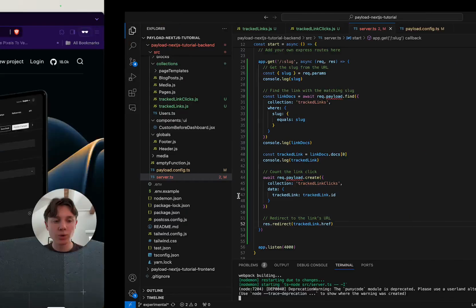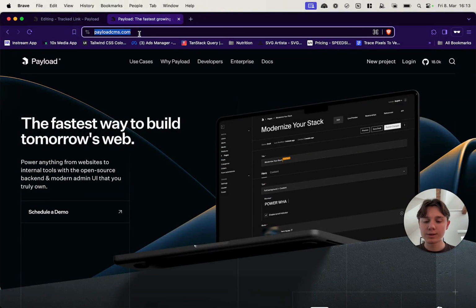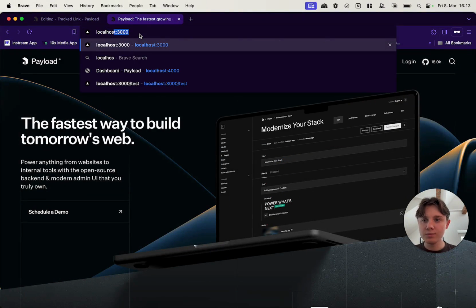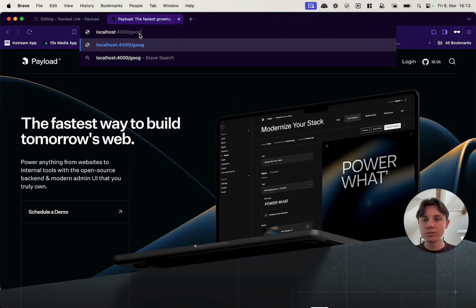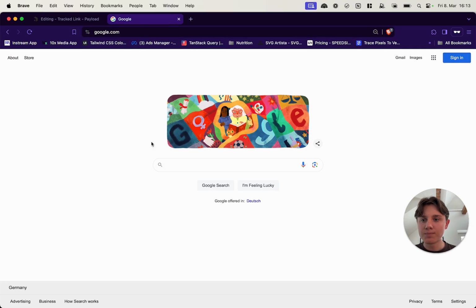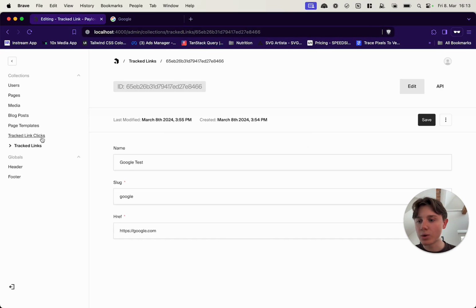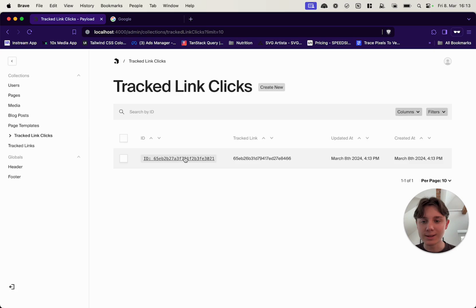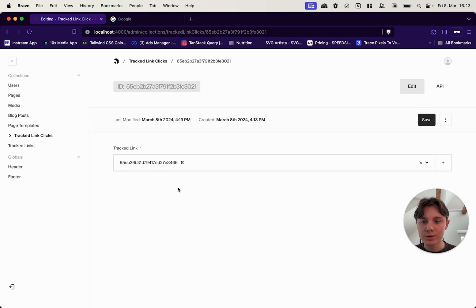So let's call our custom middleware again. Just waiting 2 seconds for the server to restart. Yeah, and now the redirect works. We are being sent to google.com, and also we should be able to see,